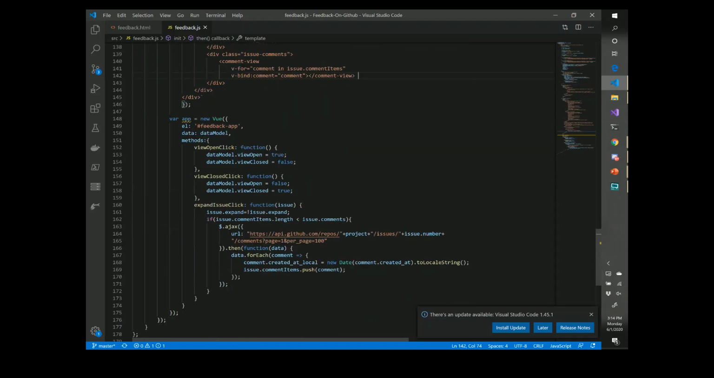Hey, we use the feedback app. So this is just a view initialization. Open click, close click. This is just switching between the two tabs. And then we have the expand issue click, where we pass in the issue and then leverage that. We effectively toggle the issue expand on this. And